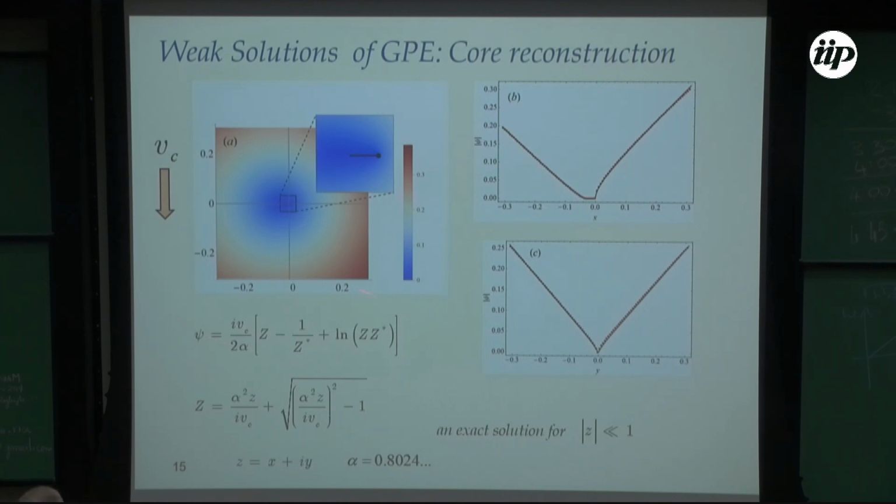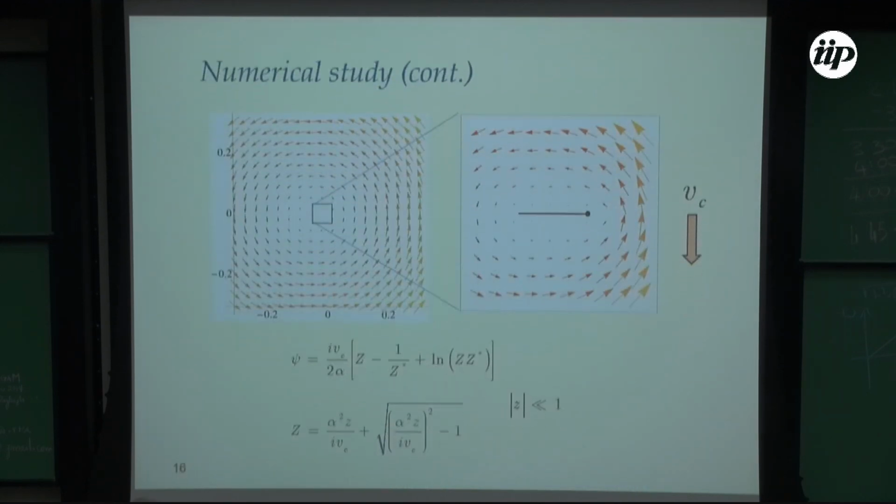This is a solution which you get, an analytical solution which you get at small distances. It is a little bit complicated solution. So again, I write it in terms of complex coordinates, and there is this big Z, which is the Zhukovsky transform of small z, and then there is this combination, and this line is just this solution, and the dots are just a perfect match to the simulation which we got. Yes, absolutely. Okay, so